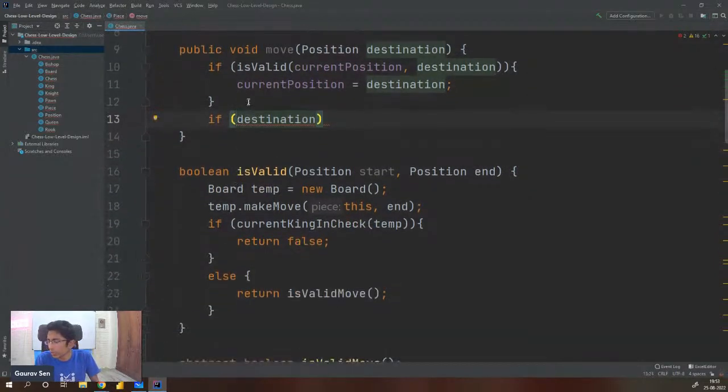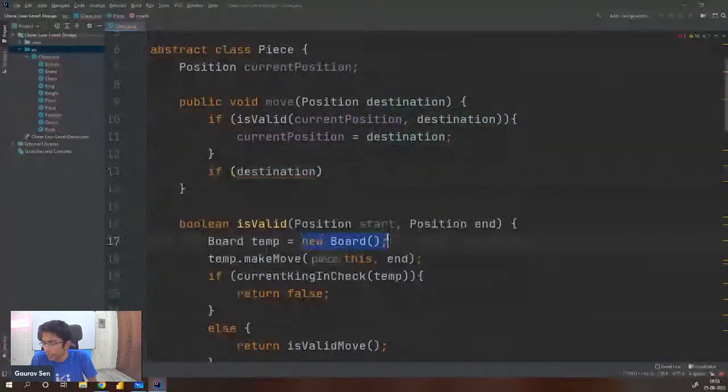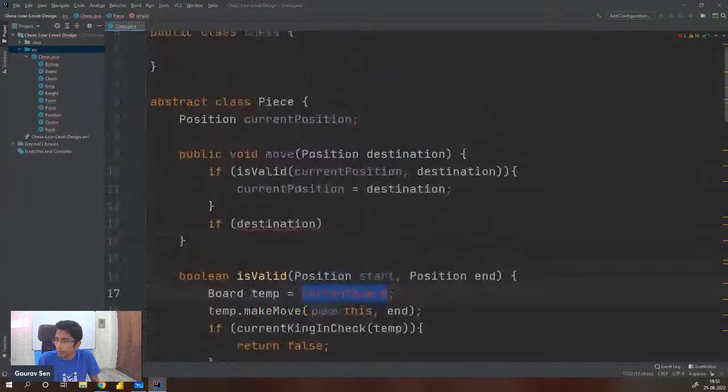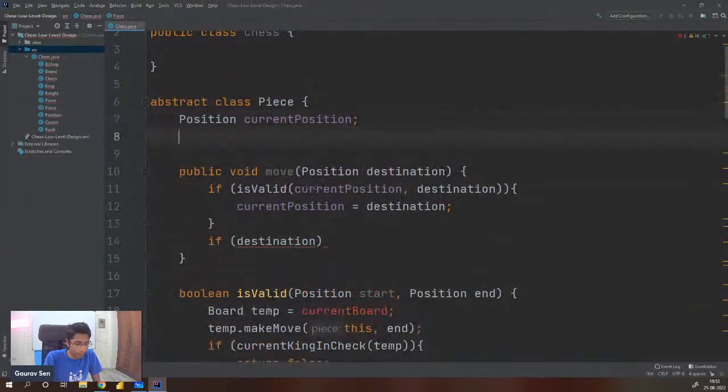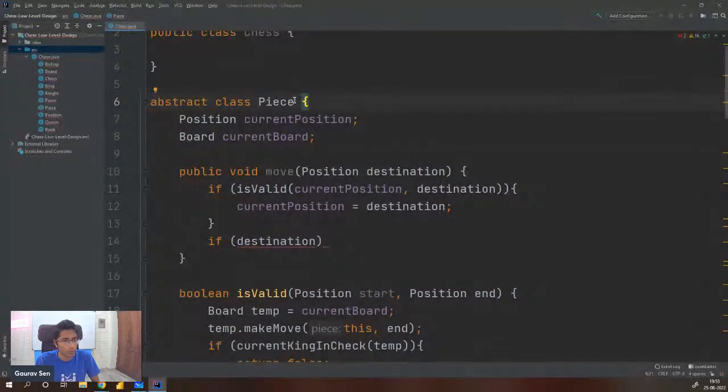So how do I actually find the current board? There needs to be some sort of a pointer. I'm keeping a pointer to the current board in the piece itself. So from a piece, I can tell that it belongs to this board. Give me the board. It will be a one reference thing. So if current board dot